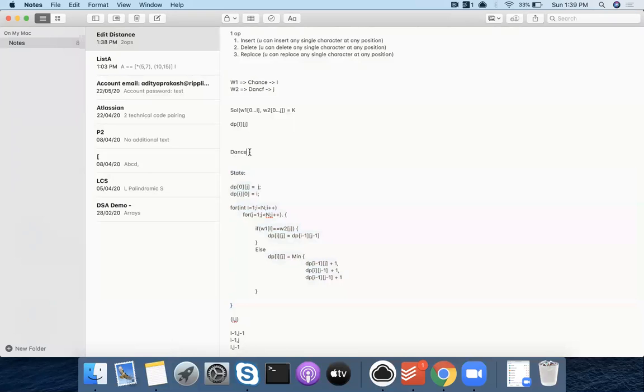So what I mean is that at D and at C, I'm solving for D and C, and I know the solution for A and C. That's the only difference. This is called bottom up. This is called top down. Make sense? Here, I assume that I know the solution for previous ones. I'm solving it for a later one, right? Here I'm saying I already know how to solve the later ones. Solve it for the first one. Okay, so bottom to up is bottom up. Top to down is top down.